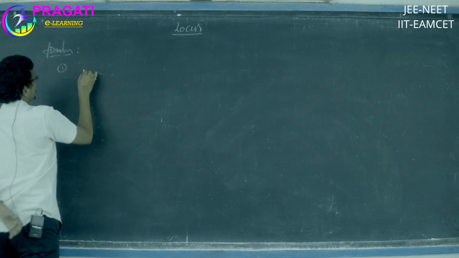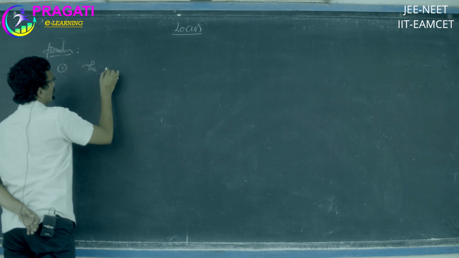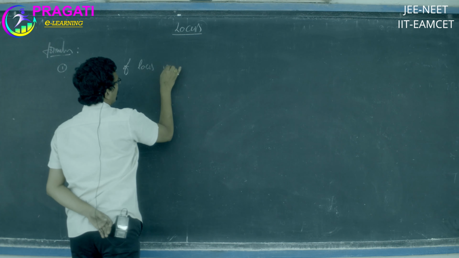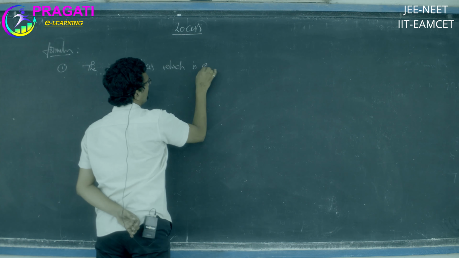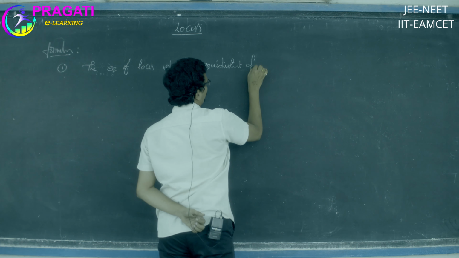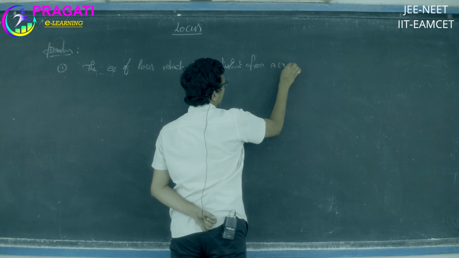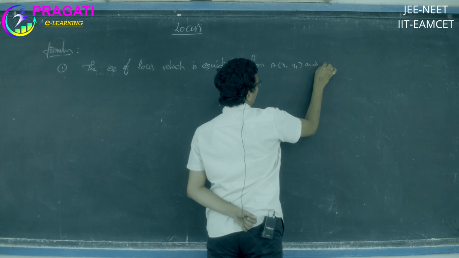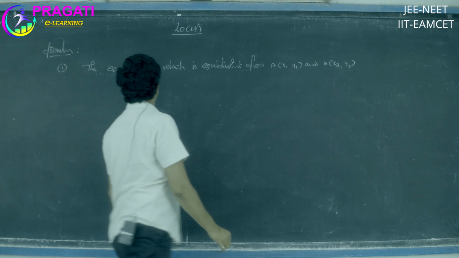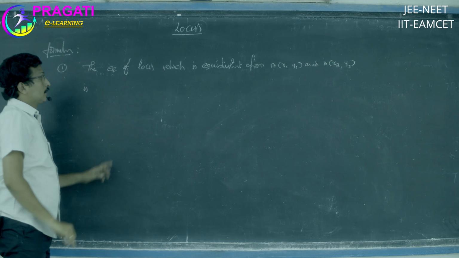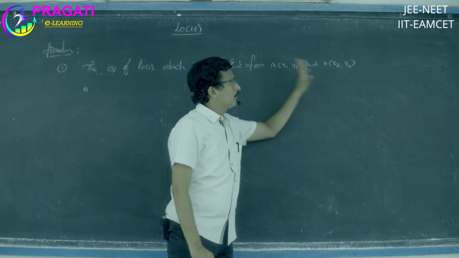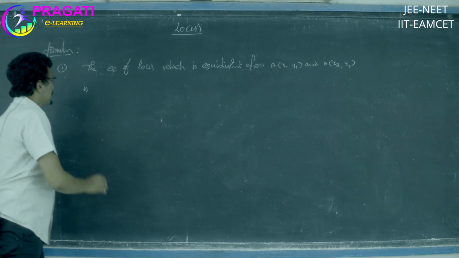First point is, the equation of locus which is equidistant from A (x1, y1) and B (x2, y2) is, once again, the equation of locus which is equidistant from A (x1, y1) and B (x2, y2) is, here